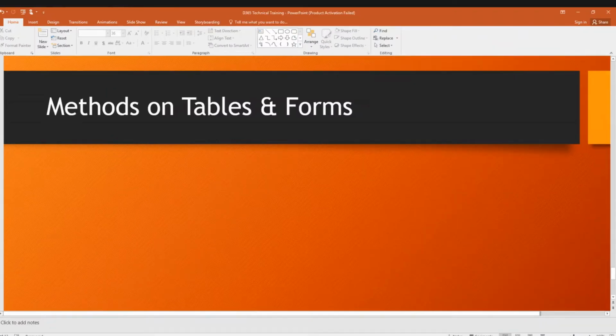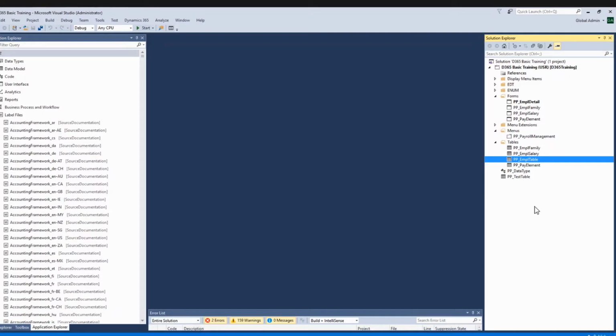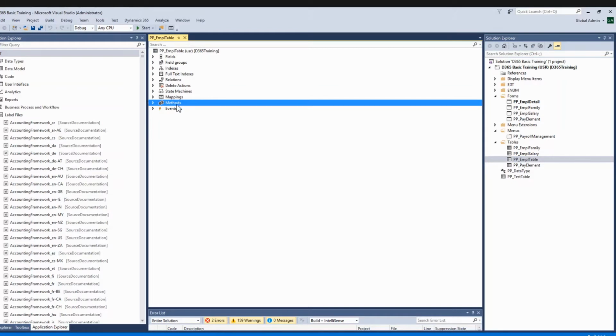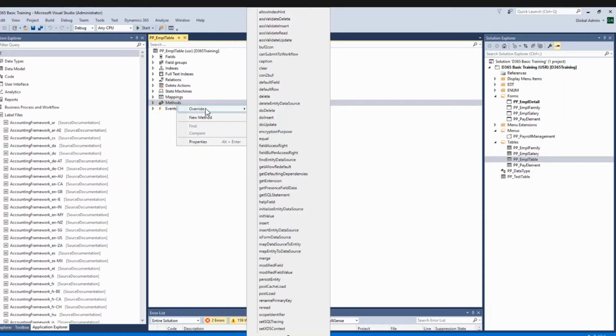So we have system defined methods as well as application defined methods. If I open one of the tables which we created, go to the method section, and right click in the override, all these are my system defined methods. So when these methods are executed, like AOS validate delete, this method is executed when a delete operation is performed on a table object, and this is executed before the operation is committed, like before deletion.